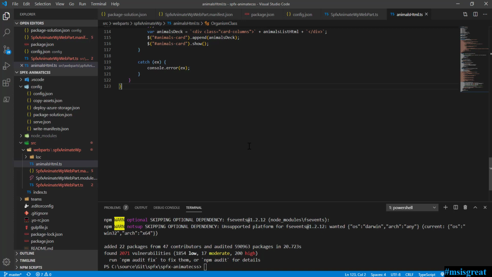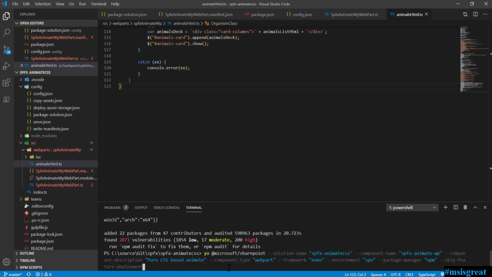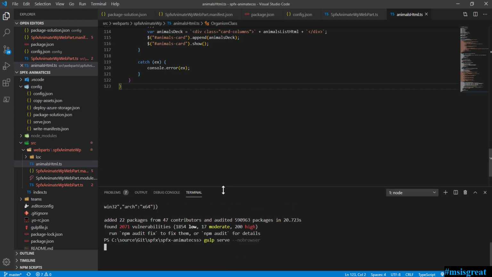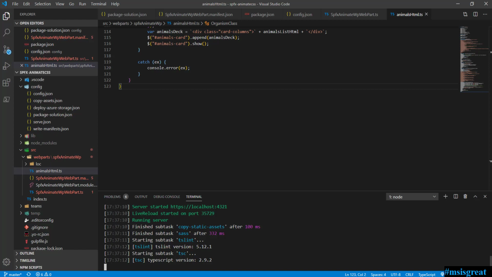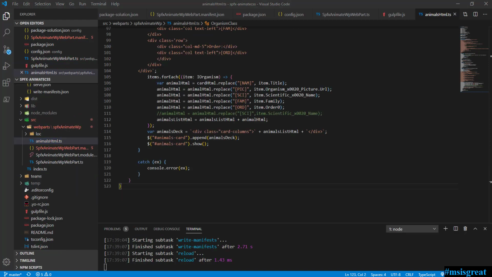So the code is already in, so hopefully my gulp command should work. Gulp serve. Okay, let it build, and once the build is completed, we can see the process here. Okay, it is running. Okay, build has completed, and I'm going to refresh,